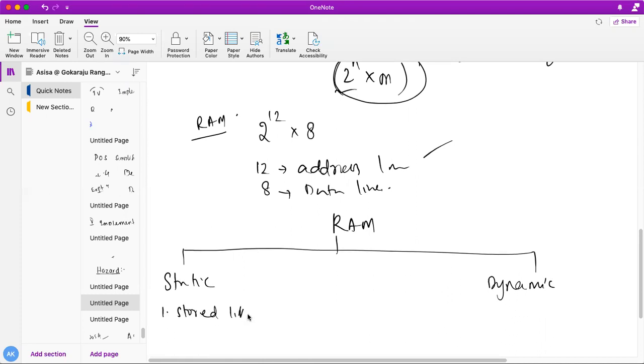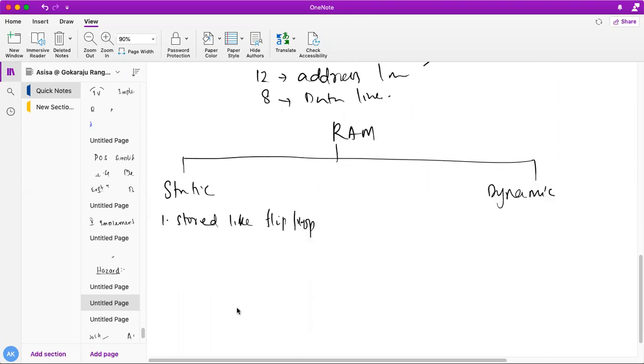I have not yet told you about the flip-flop, I'll tell you. A flip-flop is nothing else, the cross connection of AND gates or NAND gates or NOT gates, like this. These are all flip-flops. It is actually a 1-bit memory element, which is a sequential logic circuit. I have not yet started the sequential logic circuit, so no need to worry about how the storing is done. I'll tell you all these things.